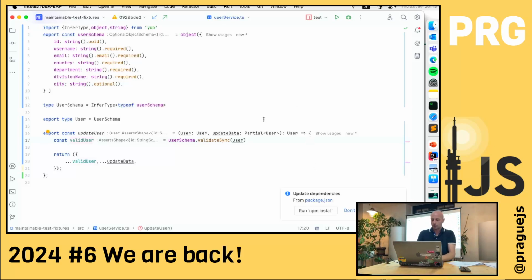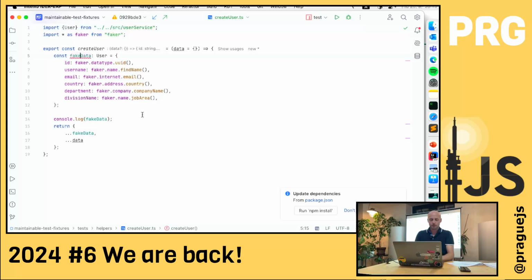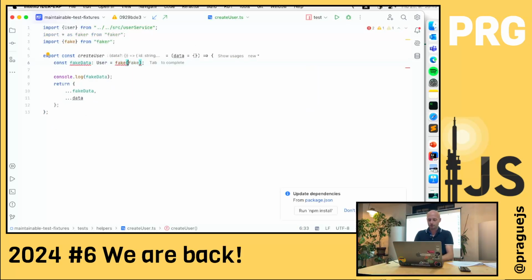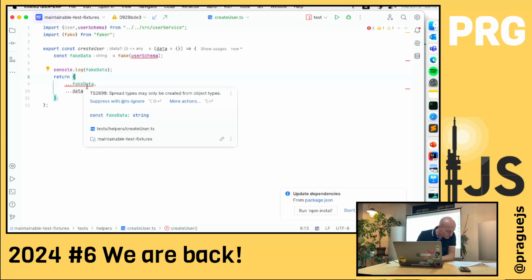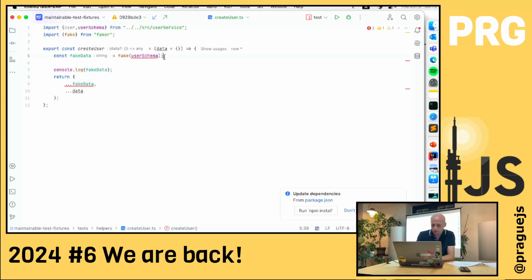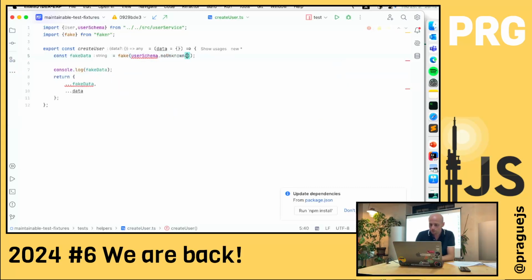And now if we go to our lovely generator, we can actually just write fake userSchema. And it eventually should work. Let's see. There is some mistake. Did I forget something? Sorry, I will just check.